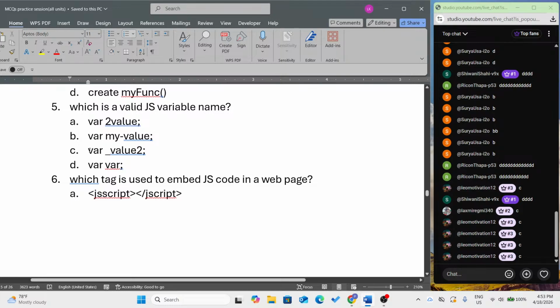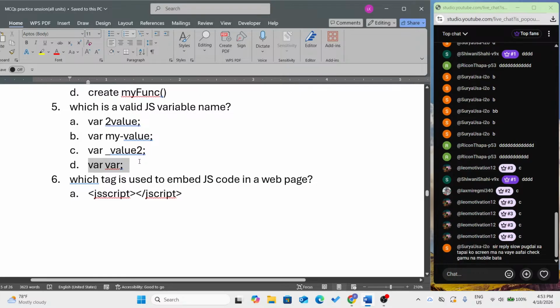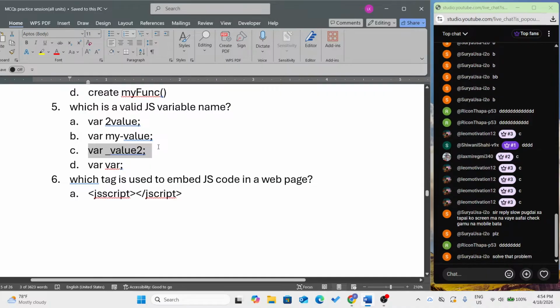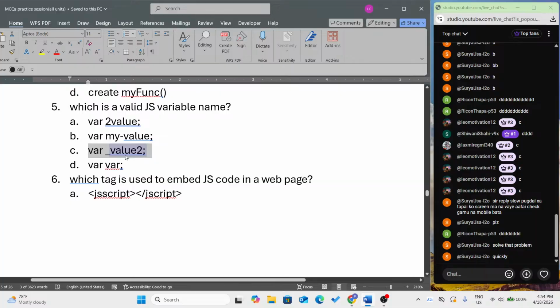Next is D, var number; you cannot use the reserved word var. So the answer is C, var underscore, you can use there, so this is the right answer, 5C।